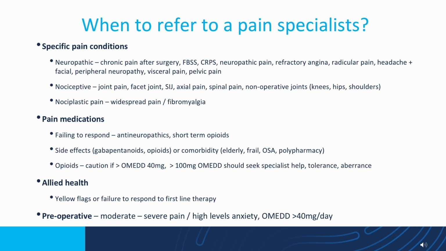If they've had surgery on those joints, then they fall into the chronic pain after surgery category, and there may be some neuropathic pain that requires specific therapies. Nociplastic pain, we've mentioned elsewhere, the widespread pains, the primary pain conditions. And then of course if there are allied health issues, yellow flags, comorbid states, consider pain services. A lot of GPs I talk to say that allied health services or pain specialists should be used if there's psychology, depression and other diagnostic psychological diagnoses.